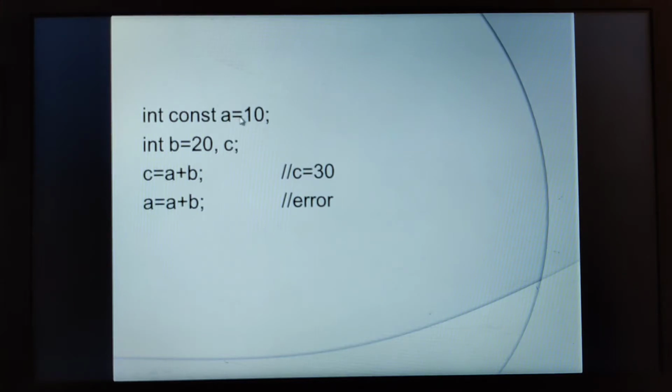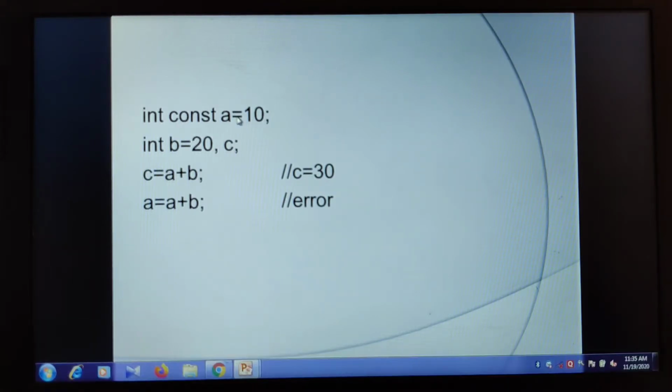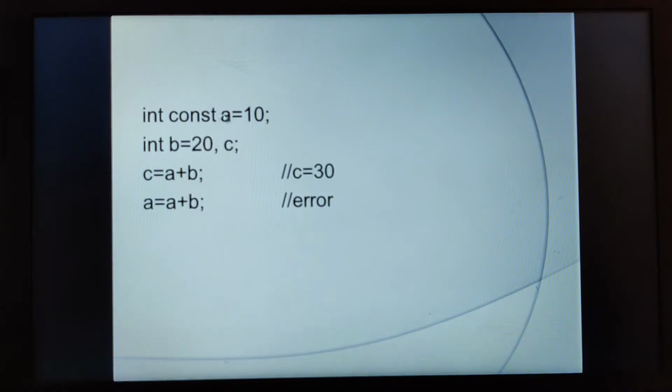Now this is not an equals to operator, this is actually the assignment operator. How the assignment operator works is, whatever value is on the right hand side will be assigned to the left hand side variable. That means the value 10 is being moved into the variable a. So this instruction indicates that the value 10 is being moved into the variable a, which is a constant and of data